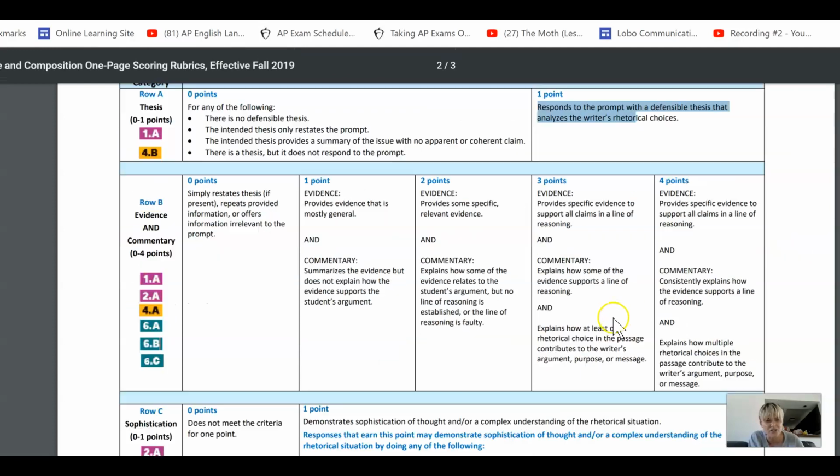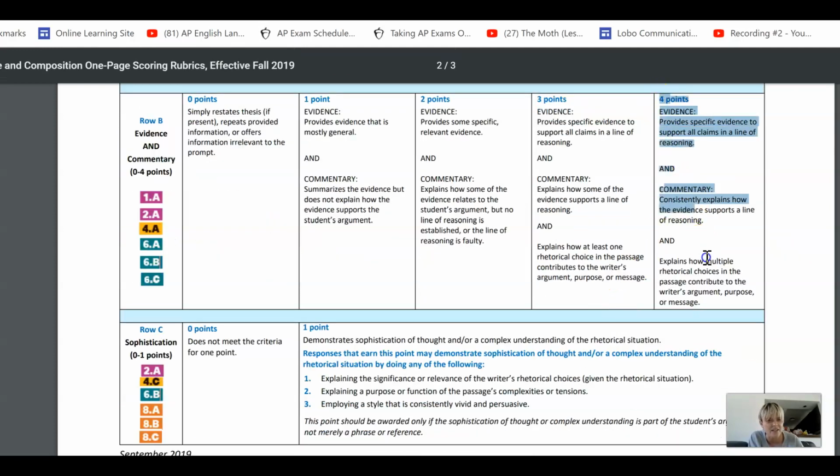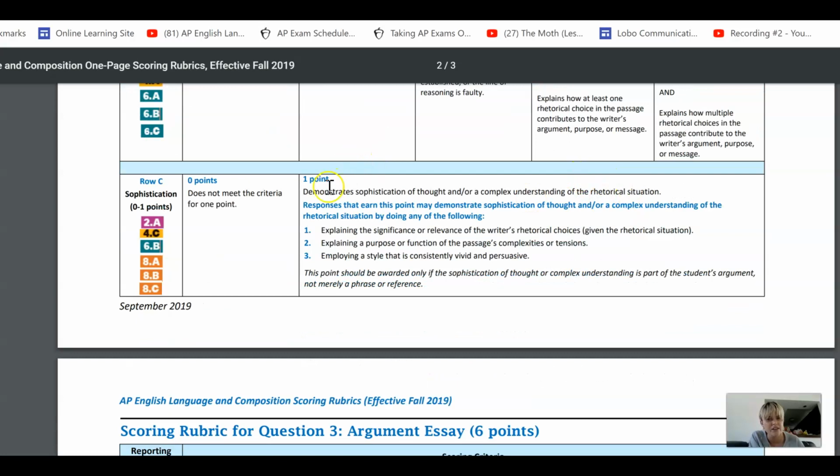And then the second thing you'll notice is row B. This is where you get that commentary. You really want to think about specific evidence, like specific quotes they had, and how those things are driving through their purpose, and what the function of those quotes is to accomplish their purpose, right? So this quote really accomplishes this purpose. Explaining those kinds of rhetorical choices and rhetorical moves they take in order to achieve their goal. So that's row B.